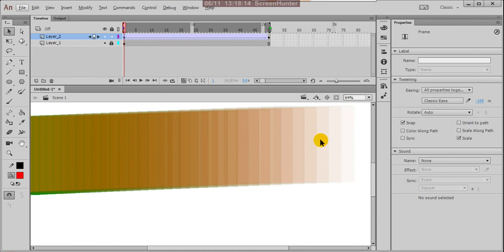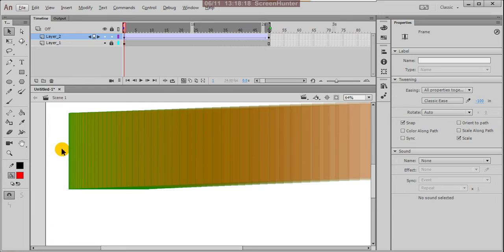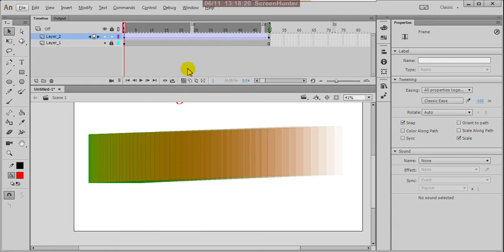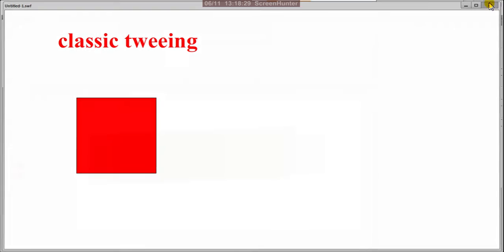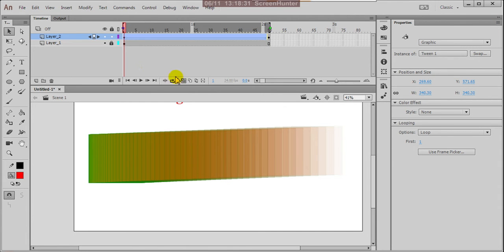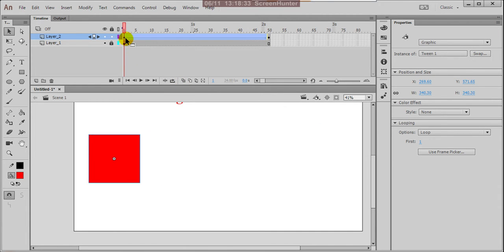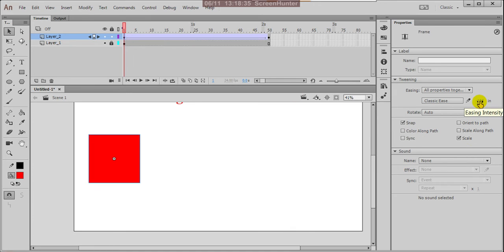See, between the frames the gaps are larger, and it is very slow. That is the reason if you play with Control Enter, the action starts slow and ends faster. So you are giving the minus. This is minus easing intensity.